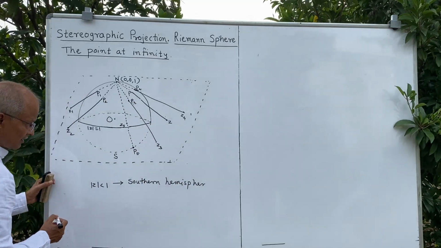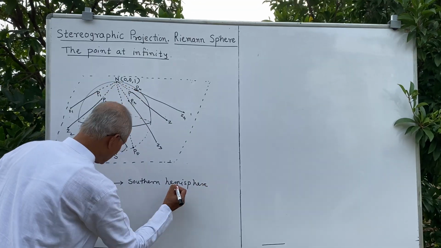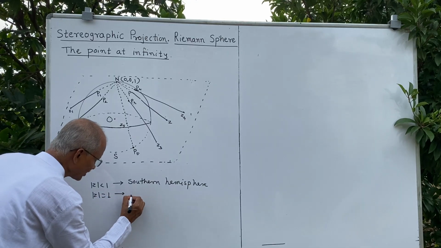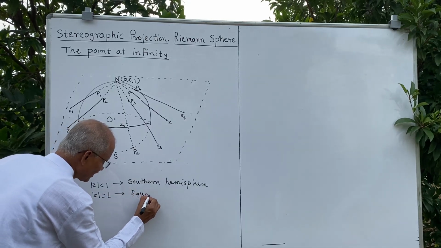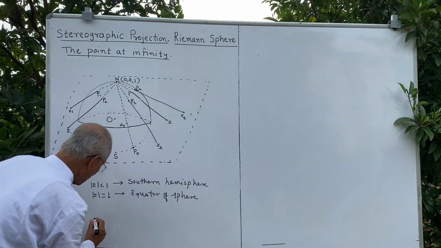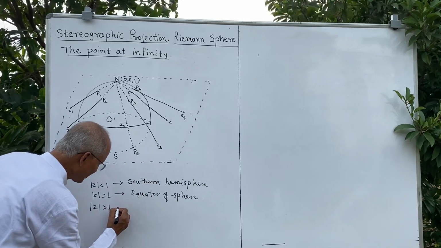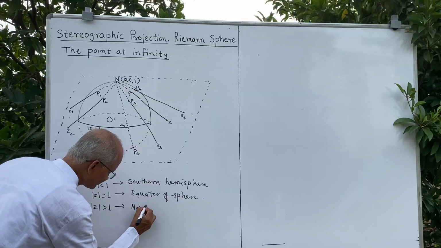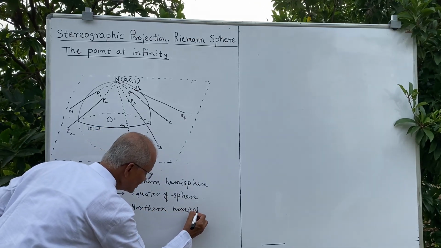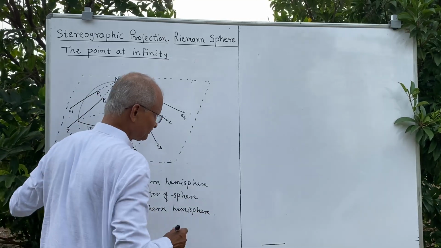And see, the points on the equator, where mod Z is equal to 1, lie on the equator of the sphere, and mod Z greater than 1, the points will be mapped on the northern hemisphere. So, in this way all the points will be mapped, but see the north pole N